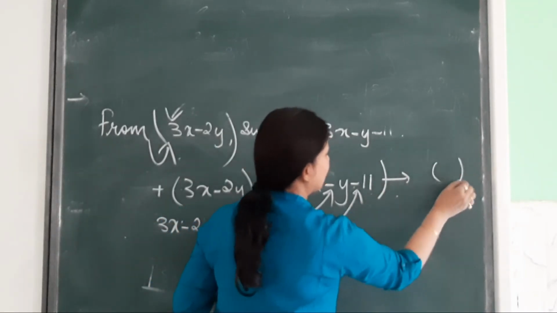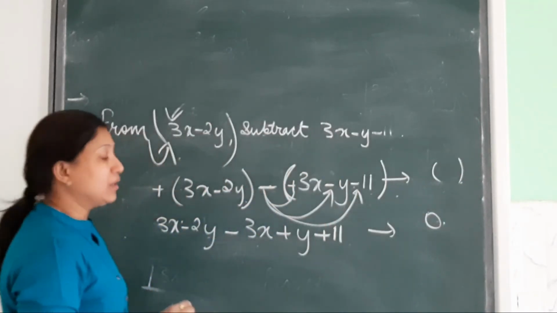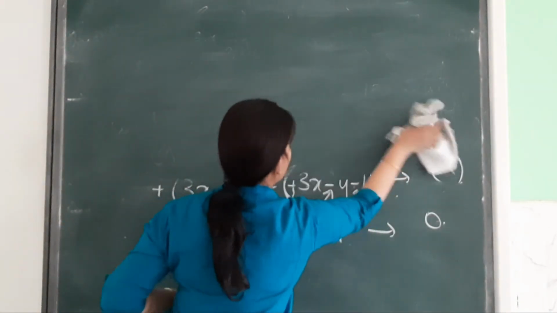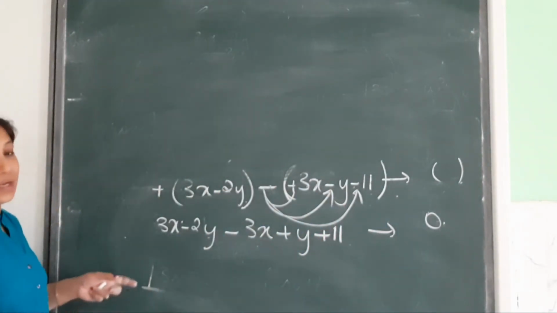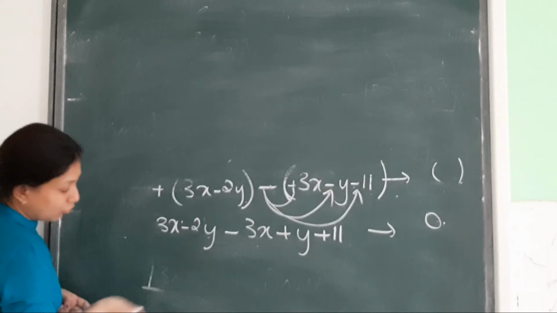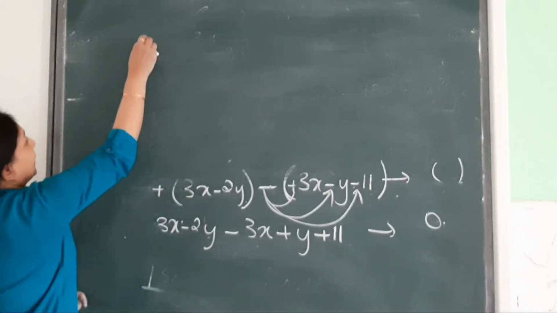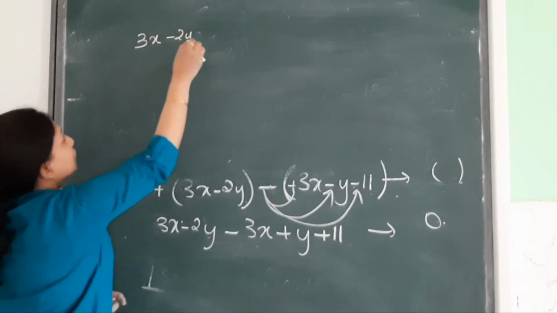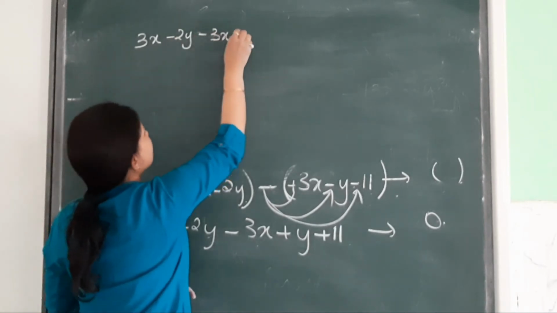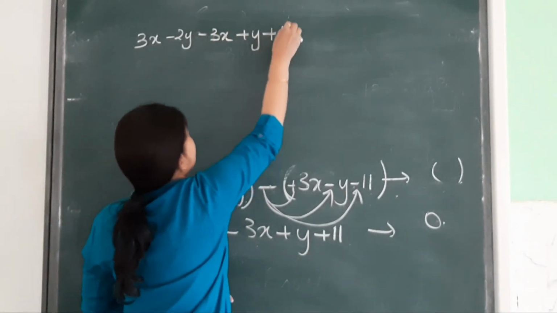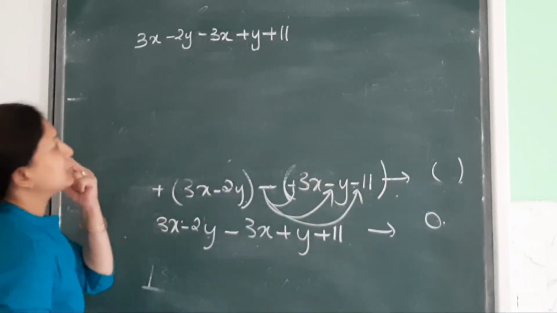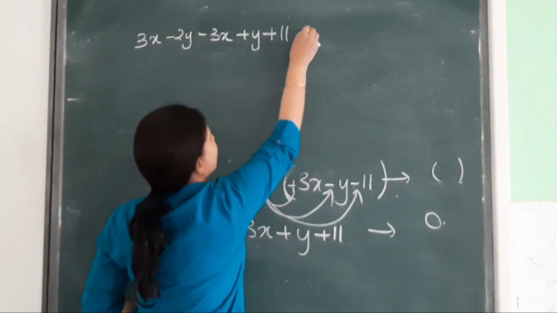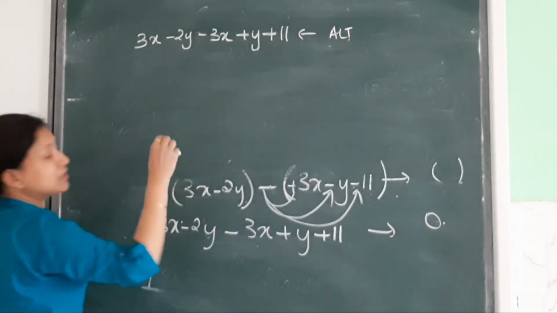See, this was putting the bracket. Here we have opened the bracket. Now what we will do? We will arrange it in like terms. So I am writing on top, children, because I can't understand whether the lower part of the board is visible to you. So I am writing it again. We got, after opening the bracket, 3x minus 2y minus 3x plus y plus 11. Only this much, equality is not given. Now from here we will arrange it in like terms in the next step.